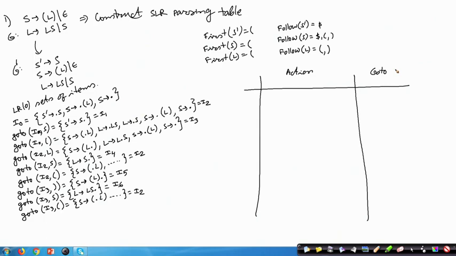In the action part I will have the grammar terminals, open parenthesis, close parenthesis, and the dollar that is always there. Now, as the rows I will have these items I 0, I 1, I 2. We can also write only the states 0, 1, 2, 3, like I 3, I 4, I 5 and I 6. So, these are the items.